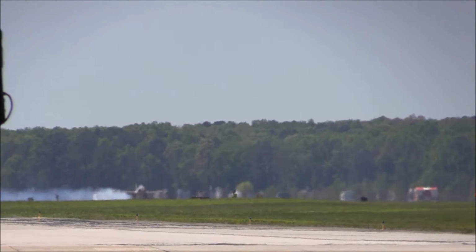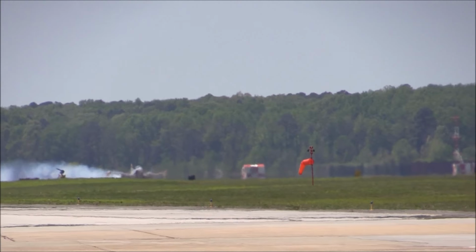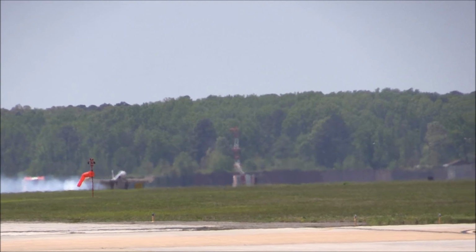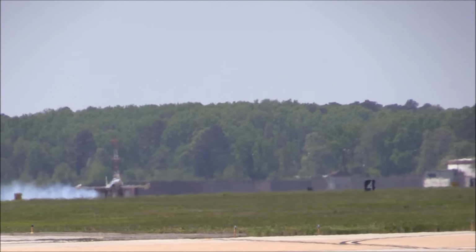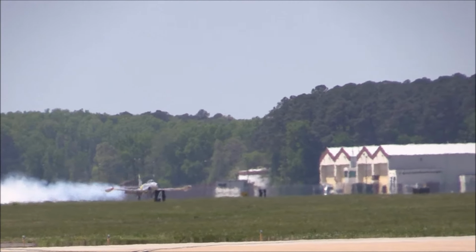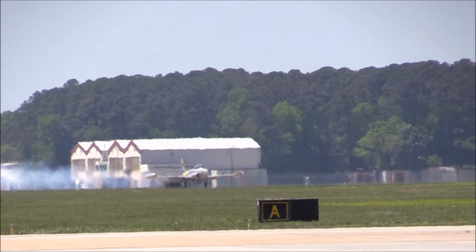Ladies and gentlemen, it's time to introduce our next performer. He is Jim Tobel, and he's flying the F4U Corsair. What you're about to experience serves as a living tribute to the brave warriors who have flown and fought with the F4U Corsair. Ladies and gentlemen, we now